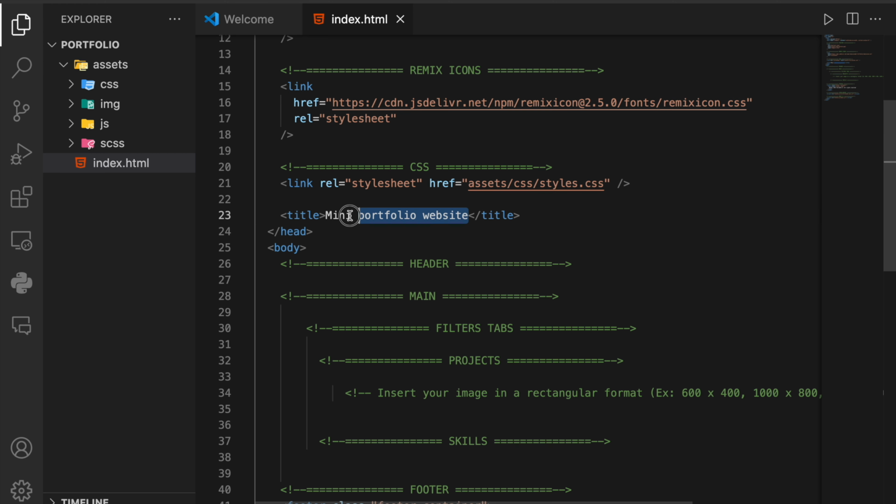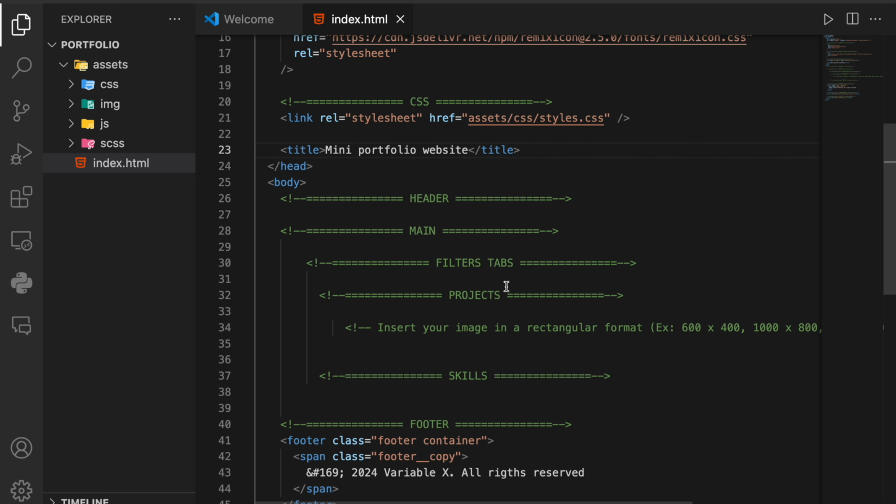And then this one, it's gonna be called mini portfolio. It's a website, of course, which will be created by CSS, HTML, JavaScript, and SASS. Alright, so we go right away and start. We will have the first thing, which is the header. So in a header we will create a header tag, you open and close,